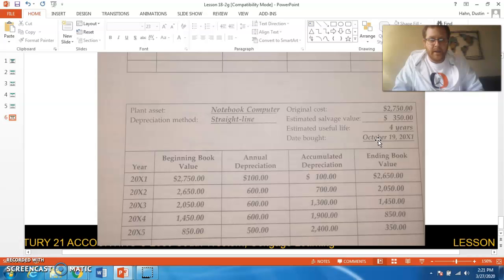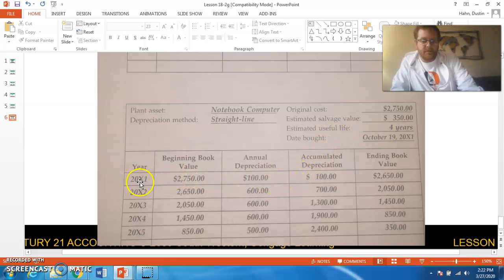Okay, we had it for, we are going to round this up to November. So in this current year, we are going to have this notebook computer for 2 months, November and December. For depreciation, it is $50 per month. Since we've had it for 2 months, we want to take that 50 times 2, and that comes up with